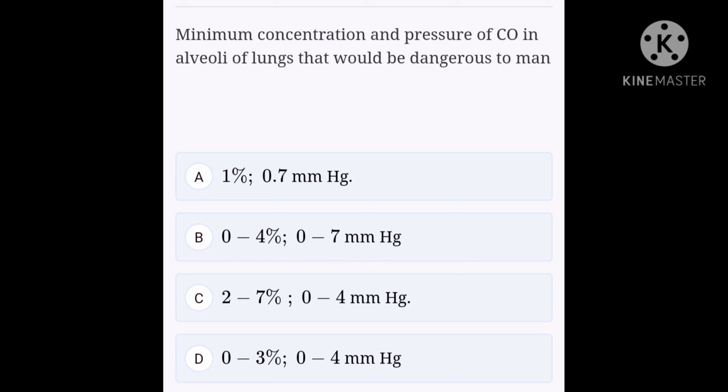Carbon monoxide from alveolar air diffuses into the blood and competes with oxygen for binding sites on hemoglobin molecules. CO binds to hemoglobin with more affinity than oxygen to form a more stable compound called carboxyhemoglobin. This prevents the carriage of oxygen to the blood and hence to tissues, muscles, and all other organs, and this can even lead to death. Carbon monoxide poisoning can occur acutely with smoking intoxications or over a period of time, as in cigarette smoking. Therefore, the correct answer is A.